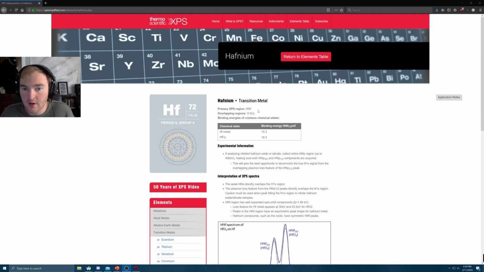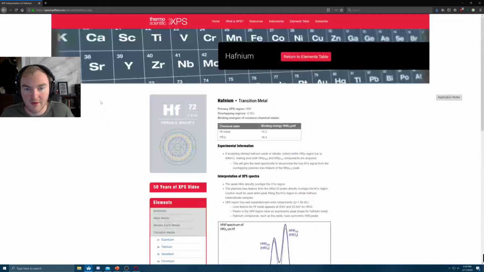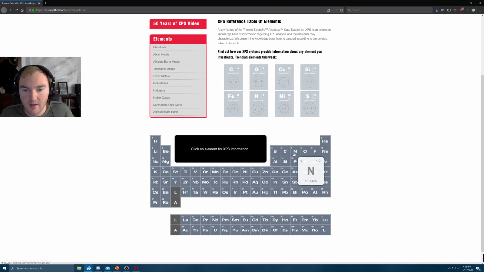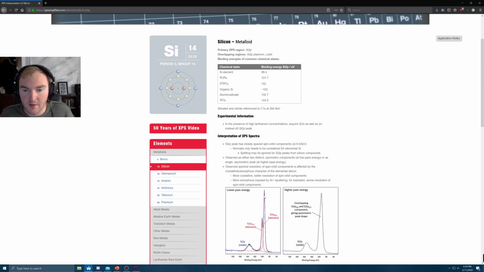So first, what we have here is probably my personal favorite website to go to in order for a first look at what you're seeing in an XPS dataset. This is Thermoscientific's XPS sheet, and if you go to this website and elements table, you can pick out any element that you're trying to look for. So for example, silica or silicon, and then it'll tell you information about where the peak should be centered on,